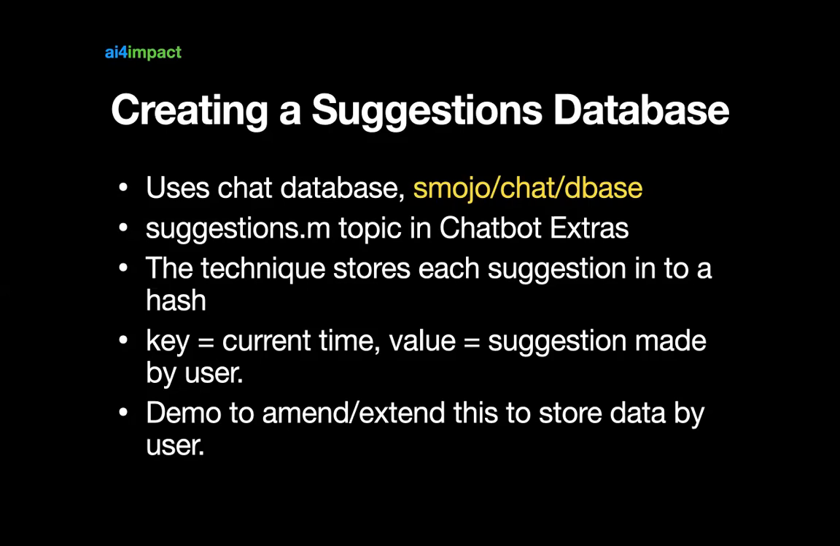And the example given in Chatbot Extras is just a suggestions based on time. So in other words, if I make a suggestion, then it will record the time very accurately and store it in the hash along with my suggestion, right? But I want to change this behavior so that instead of time,